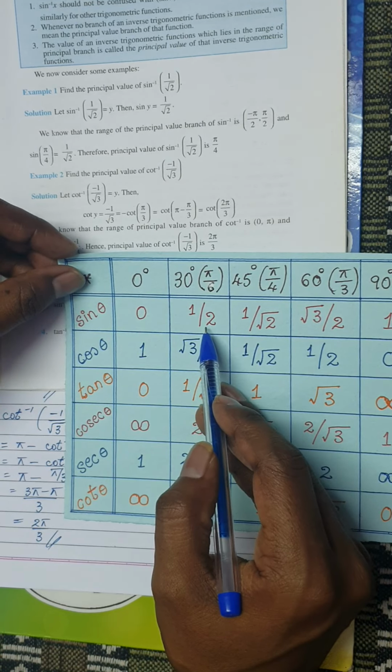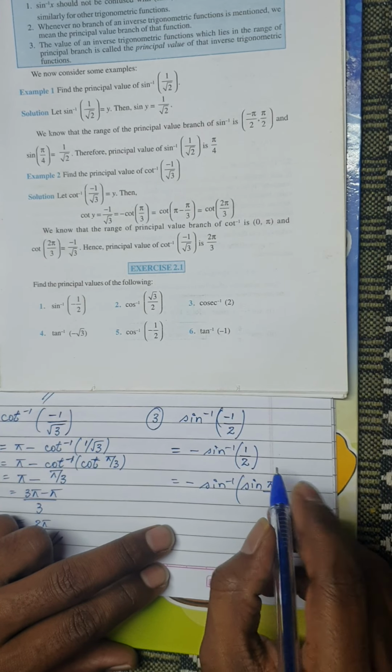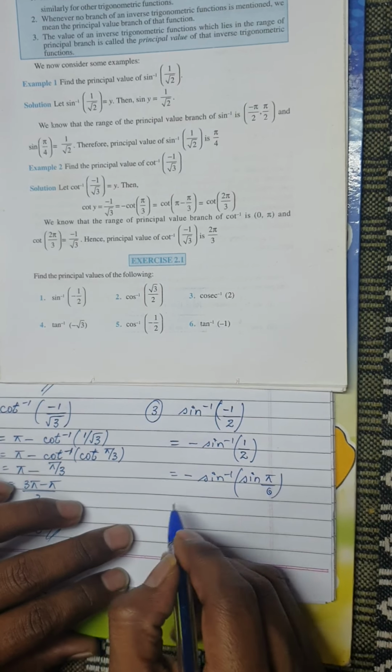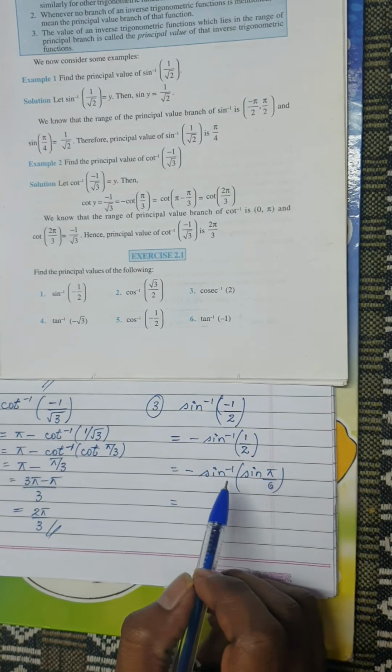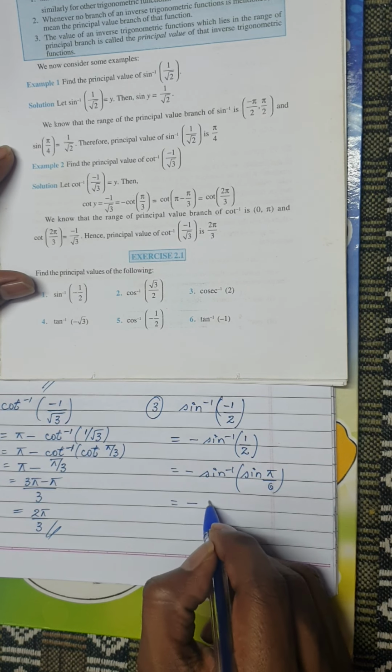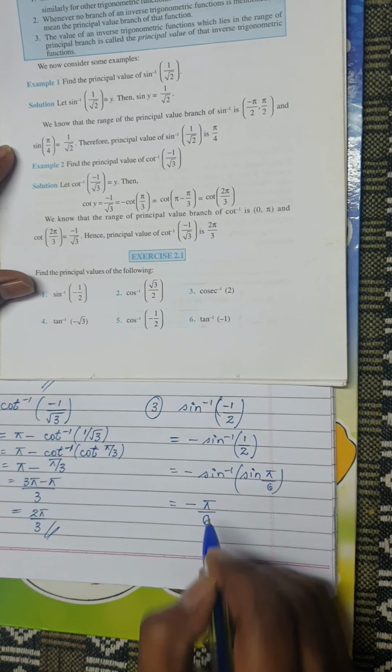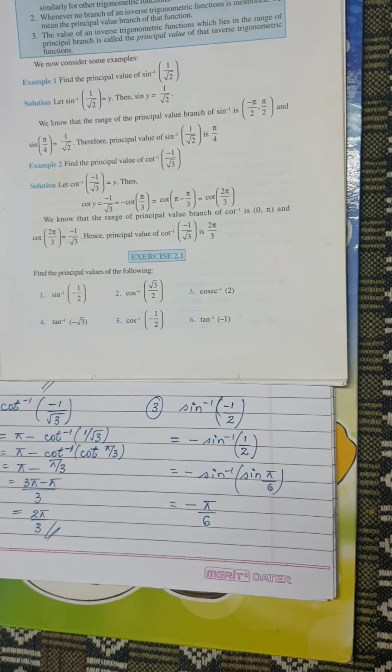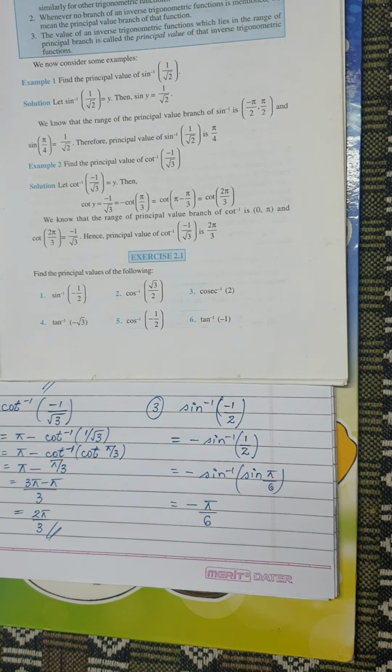Here I am using flashcards, but it is always better for you to use your brains, because your brains are sharper than these flashcards. So sine 30 degrees, so sine pi by 6 is nothing but 1 by 2. Now sine inverse and sine will get cancelled only if it is in my range. Now the range of sine inverse is minus 90 to plus 90. So I can cancel this. So I am just left with minus pi by 6. So this is the principal value of this function.